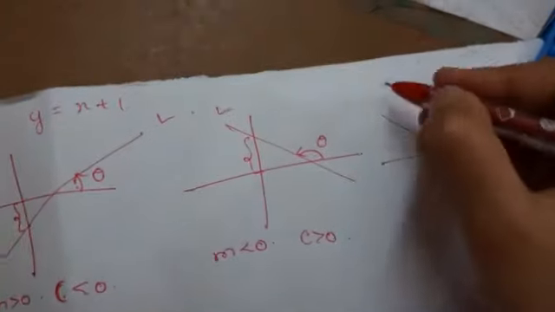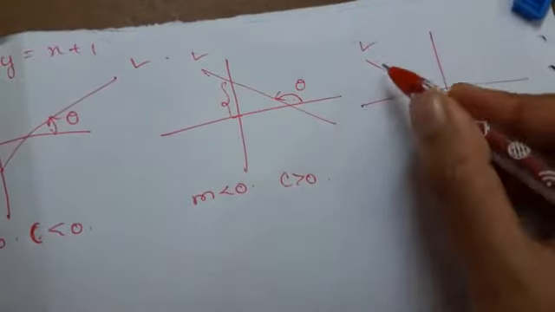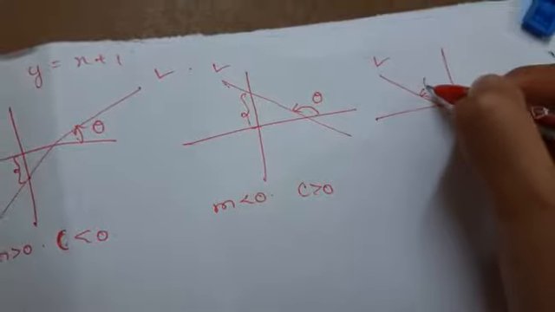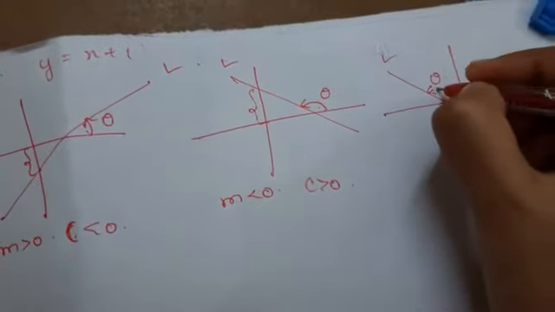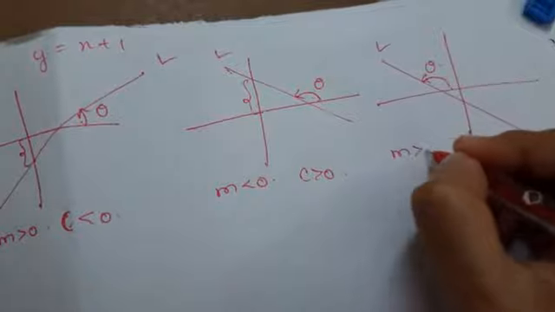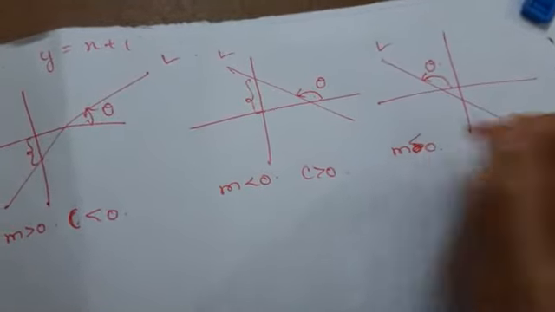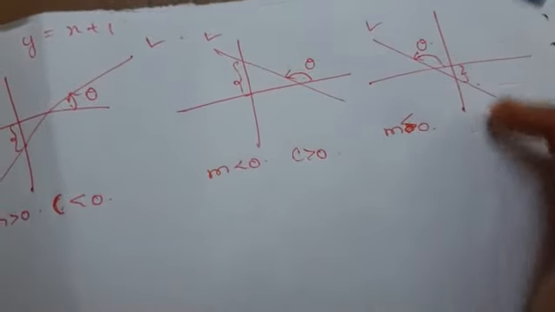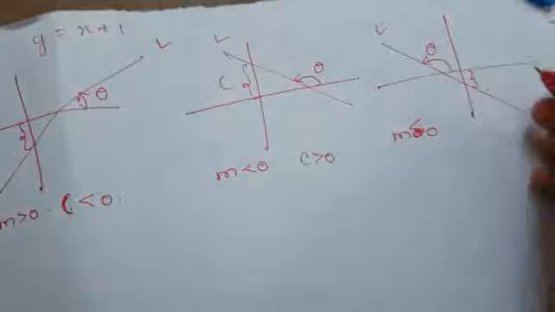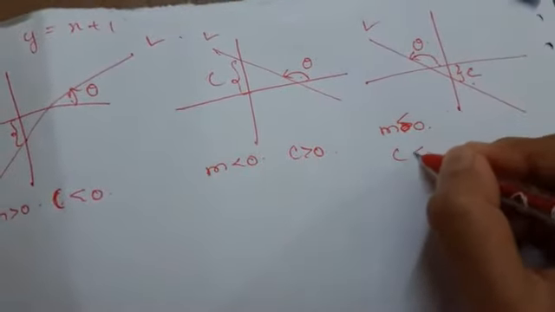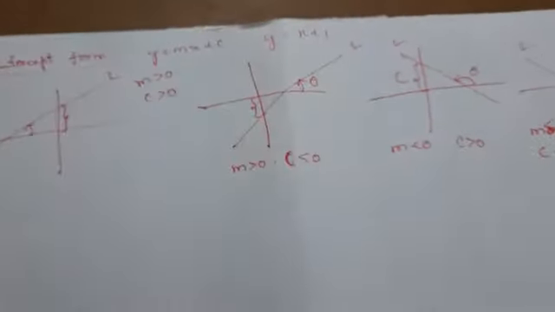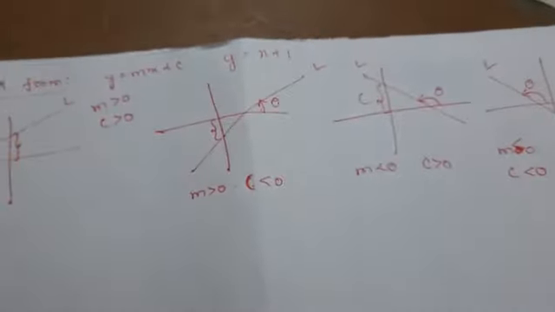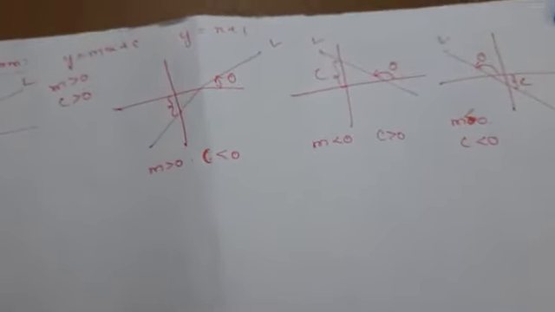The next type of line L is like this. What is the angle formed by this line with respect to the x-axis? The angle formed here is theta, which is an obtuse angle. So our slope is, sorry, not greater than 0, it is less than 0, which is negative. Slope is negative. And what about the y-intercept? Here c is also less than 0. So these are the 4 types of slope intercept form which we come across. This is the brief idea of which types of slope intercept forms arise when we are dealing with problems.